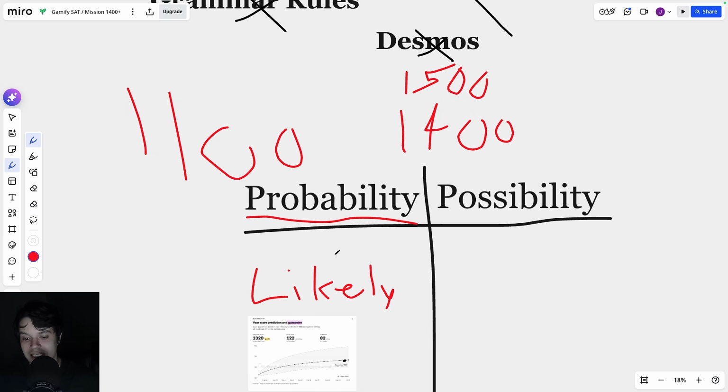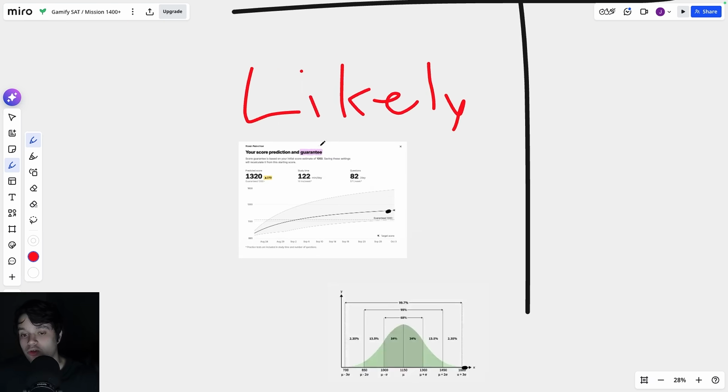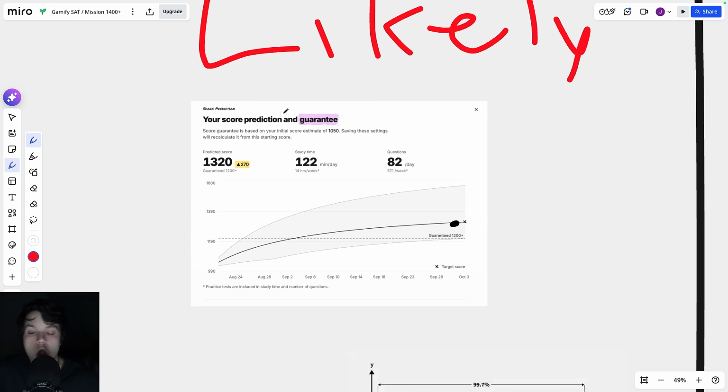And this makes sense because this is how our brains work. This is how you probably want to be thinking about this test. And it's even how other companies work. For example, there's this great software called Onico that actually gives you a guarantee that you're going to hit the SAT score that they say you're going to hit. But they only go off of what is probable. They don't guarantee that you're going to get a 1500 by using their thing. They may say that, okay, with the amount of time that you have to study per day, you're going to get a 1320. And so this is probably the score you're going to get. You maybe get a bit higher, maybe get a bit lower, but that's probably going to be the score.